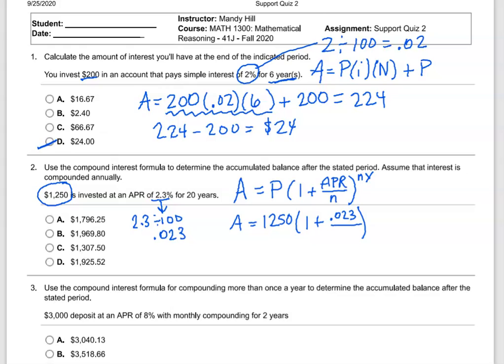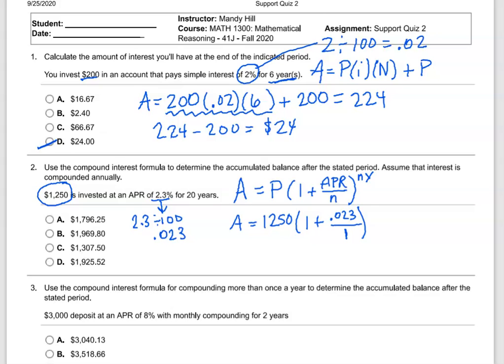N is the number of times this thing's going to happen per year. So I'm going to have to go back and look in the problem, and it says, use the compound interest formula to determine the accumulated balance after the stated period. Assume that interest is only compounded annually, right? So that's really unusual. So if it's compounded annually, it's going to happen one time a year, right? What if it's compounded monthly? 12 times. What if it's compounded daily? 365. So it's kind of unusual to have compounded interest that's only happening once a year, but we'll put our